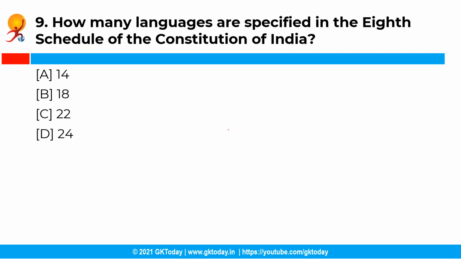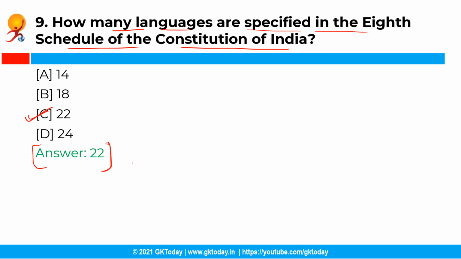Now the next question is, how many languages are specified in the 8th schedule of the Constitution of India? So you have the following options and the correct answer is option C, that is 22. So the 8th schedule of the Constitution of India specifies 22 languages. See, originally it contained 14 languages. Further, the Constitution of India imposes a duty upon the center to promote the spread and development of the Hindi